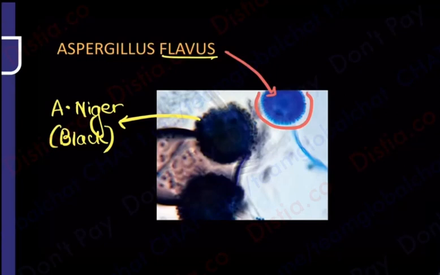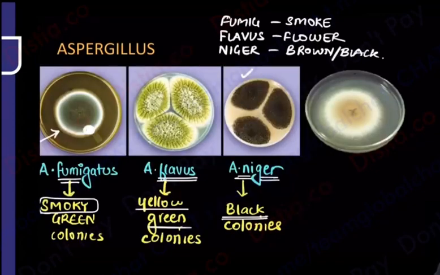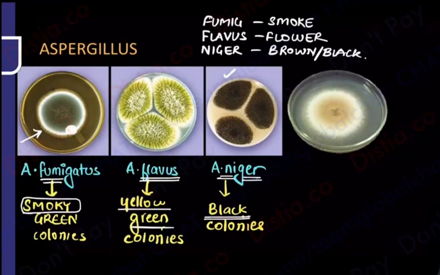And yes, coming back, we are left with one last and rare one that you should be knowing. This is the last one, not from this microscopic image, but definitely the culture media is needed. And what color are you seeing? You're seeing a classical beige color. So the last one, which is a little rare, but you should know if you're aiming for the higher exams, is going to be something known as Aspergillus terreus.